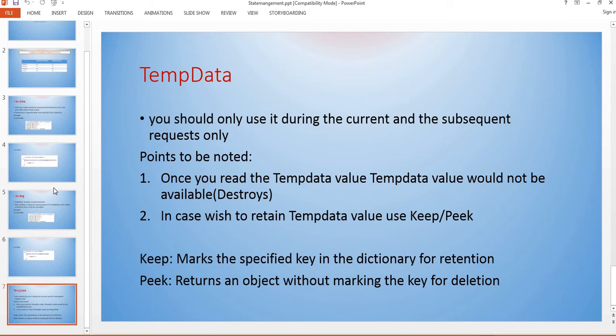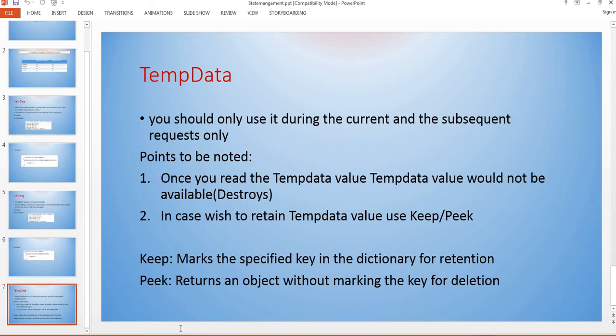While reading the data, you use the Peek method so that the TempData value will be available for the subsequent request. We will have a practical example of the same, and also we have Session. It works as it does in your ASP.NET web application. We can use it anywhere you require.